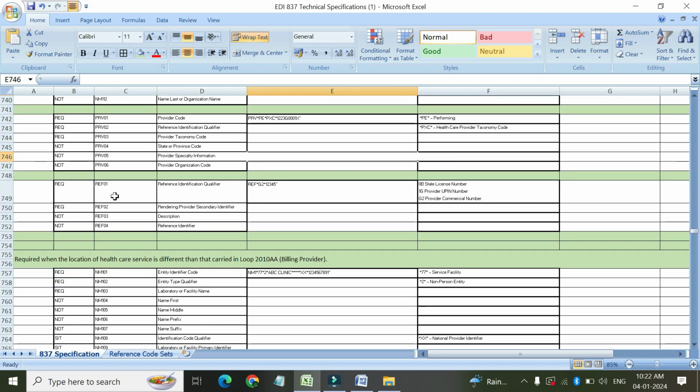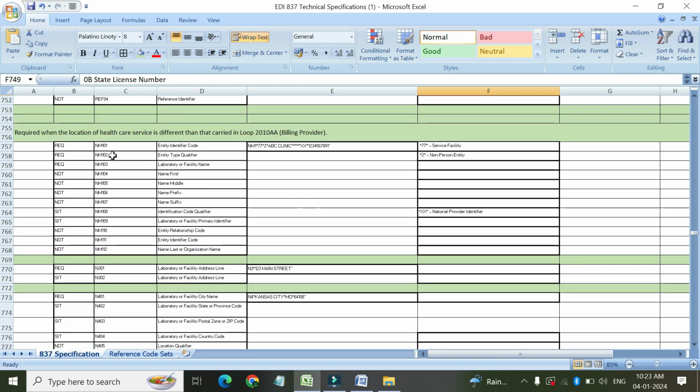Secondary identifier, again guys, it goes in the REF segment, remember that, but really not important, because as I told you, after NPI has been mandated, this has phased out, and even if it is required by any payer, now you know how to read the EDI file. So it is just about reading the technical specifications and applying it. So let's move to loop 2310C, and this contains service facility information. So this is basically the place where you have received the treatment,